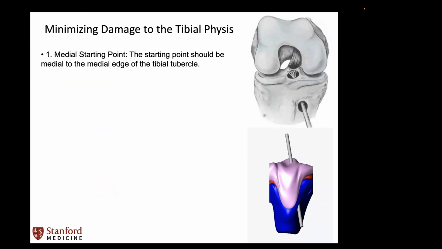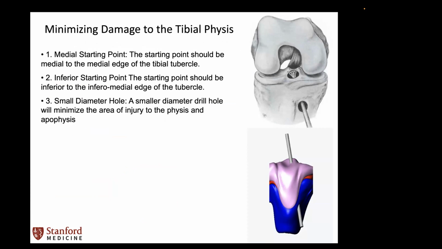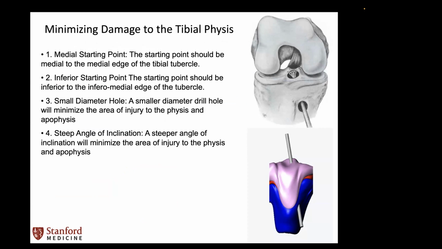If you wanted to minimize the damage on the tibia side, a more medial starting point was less damaging. A more inferior starting point was less damaging. Obviously, a smaller diameter hole has less volume of injury to the physis. A steeper angle would give you more of a circular injury as opposed to a less steep angle, which gives you more of an ovoid injury. And you really want to avoid that peripheral perichondral ring area because that's probably the most vulnerable to growth plate